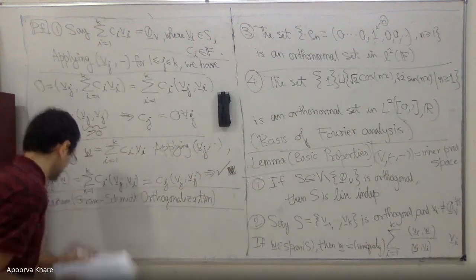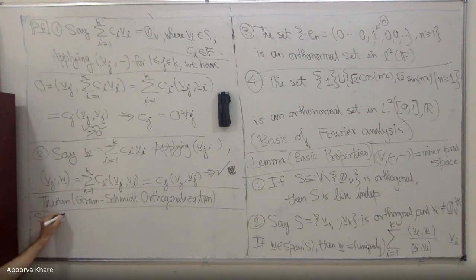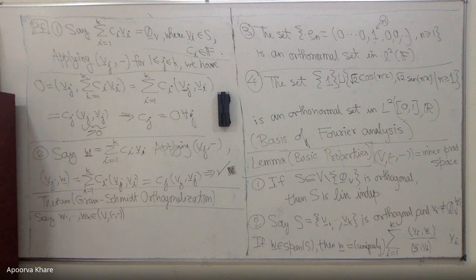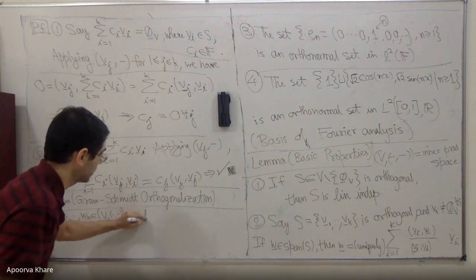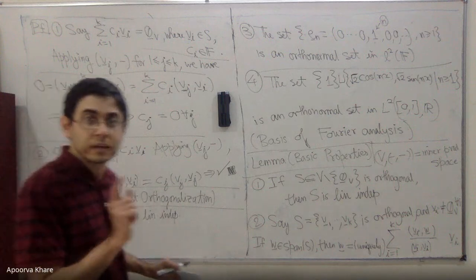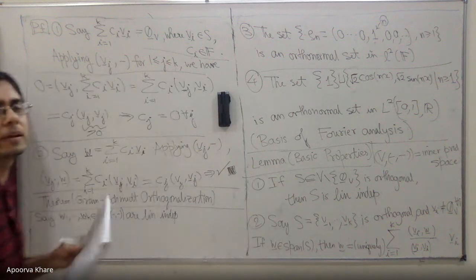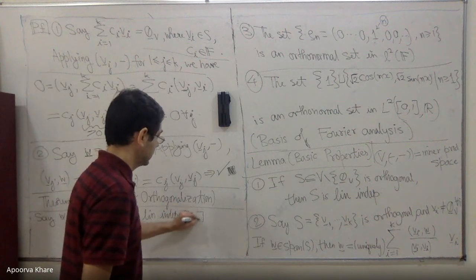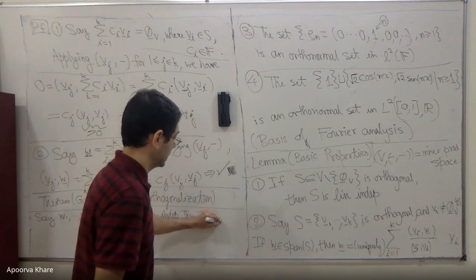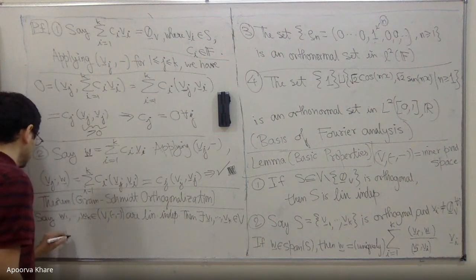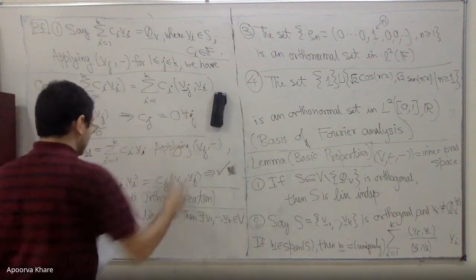Suppose W1, W2, Wk belonging to an inner product space are linearly independent. Suppose I start with a linearly independent set, but not necessarily orthogonal. It is just some linearly independent set. Then I can produce an orthogonal set with the same span at every single step. Then there exists V1, V2, Vk in V, the same number of vectors, such that they are orthogonal, the whole point is they're orthogonal, and such that